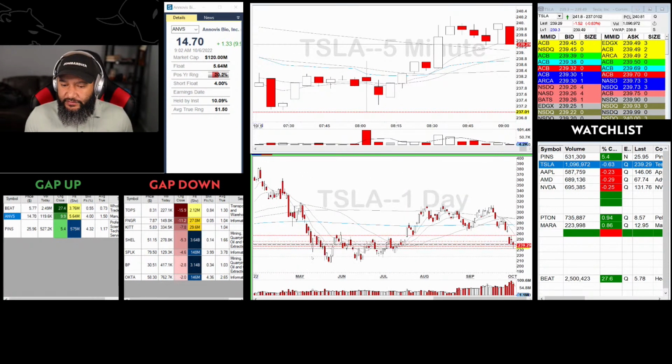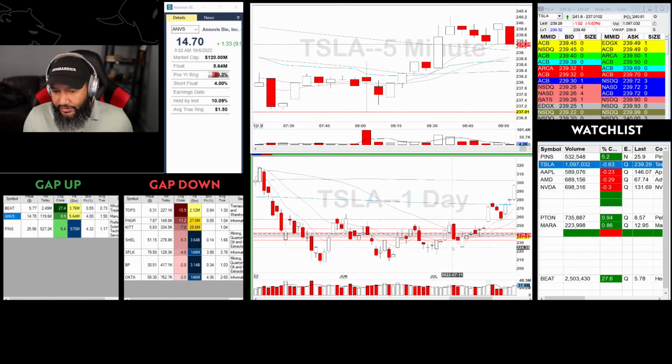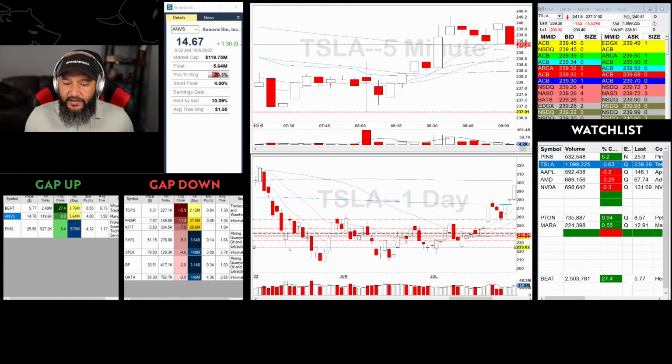If for some reason we are very bearish this morning and things head south, the next big level that just sticks out right away is going to be 225.02. I mean, you have tons of stuff happening there. If you draw a line on that, you can see that there. And there's a midpoint here,